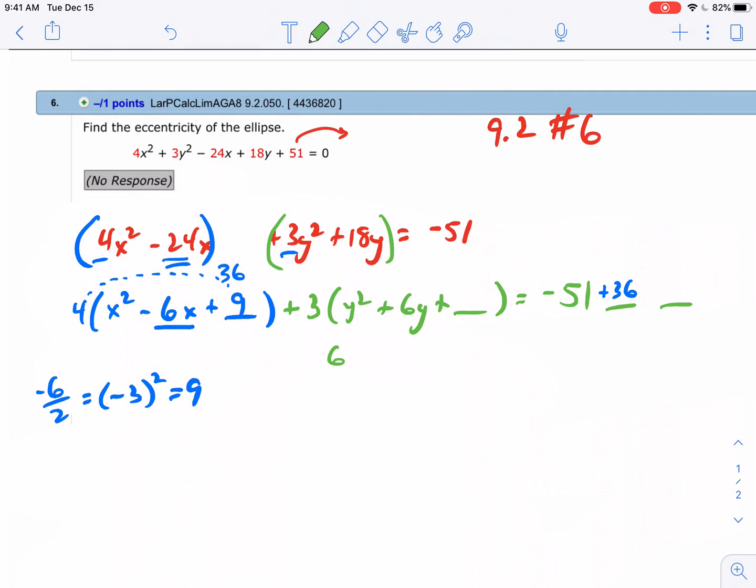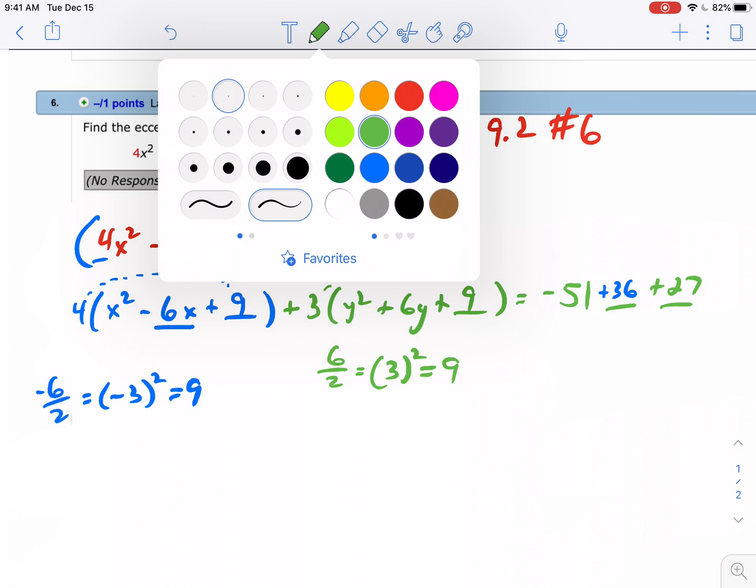Then I take my 6 and divide by 2 again, and I get 3. I square it, and I get 9. I put 9 in, check out front, there's a 3, so that's really 27. So when I add 27 over there, now we're looking at